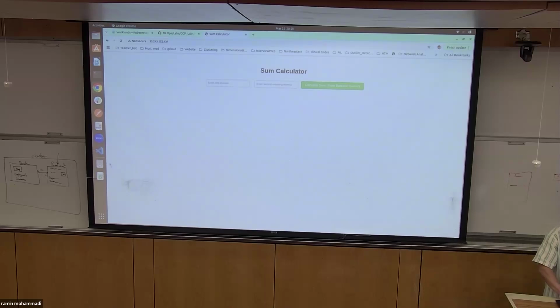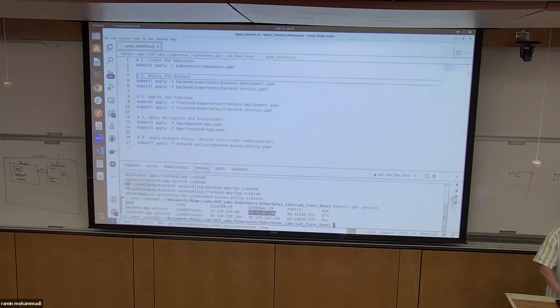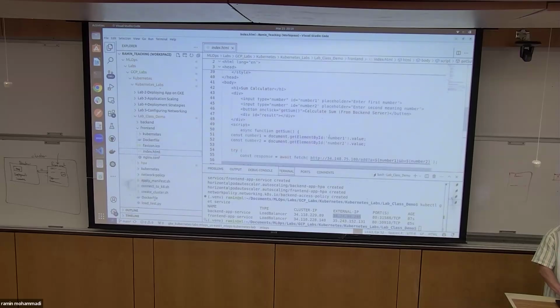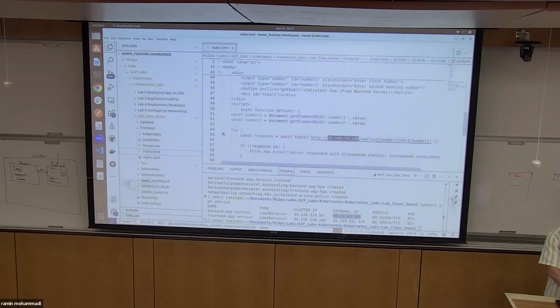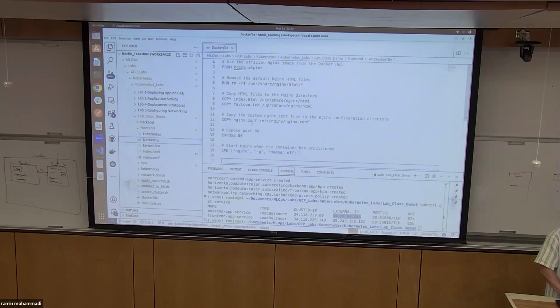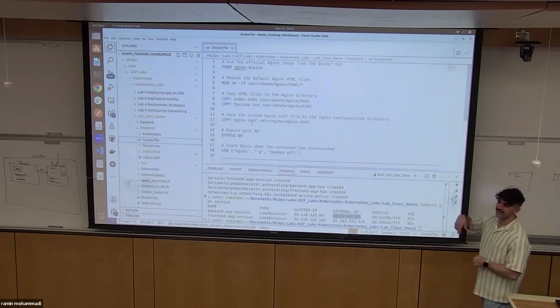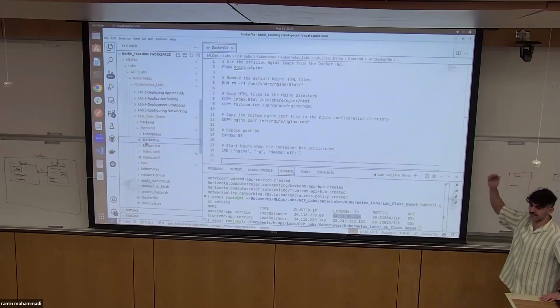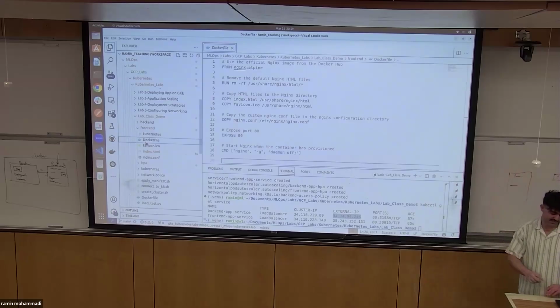So I need to go back to here, pick this external IP, go back to the front end index here. So that's the address to the backend. Because now I changed this, and this file was copied in my Docker, I need to actually redeploy the Docker. Basically, I need to push the Docker image, because the Docker image that I pushed to the registry uses the old IP address. So what I need to do is